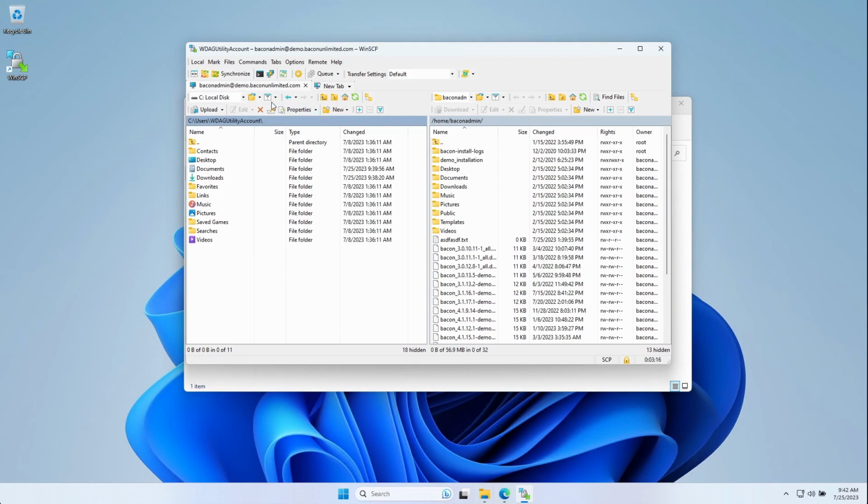Then there's also this for going to your parent directory, going to the root folder, going to the home directory, as well as refresh. Sometimes on the server end especially, you won't see the latest files, so you have to click refresh here, and that will just update whatever has changed on the server so you can drag files back